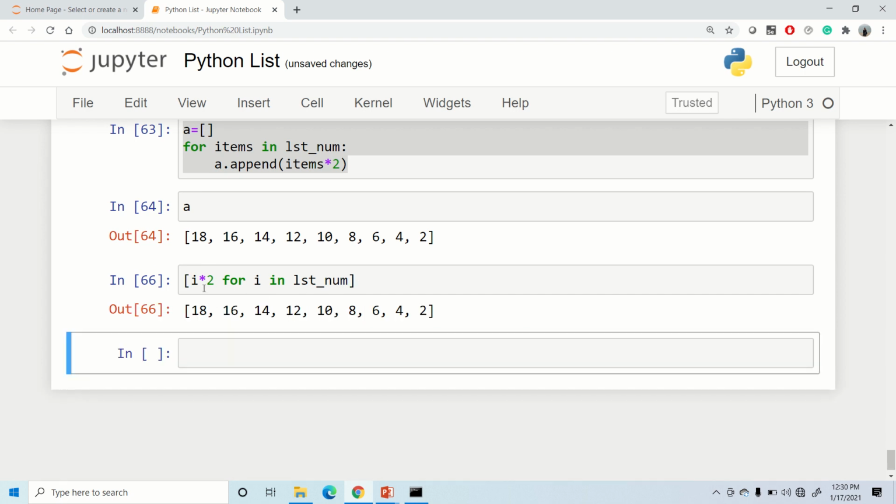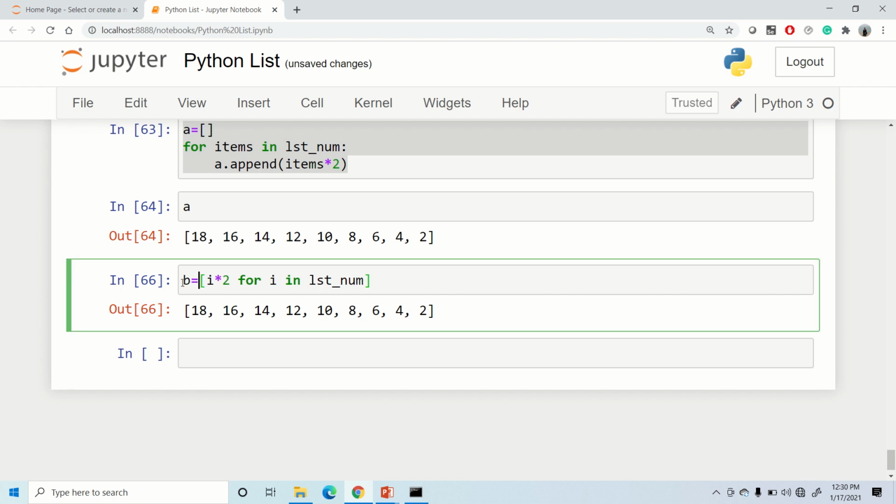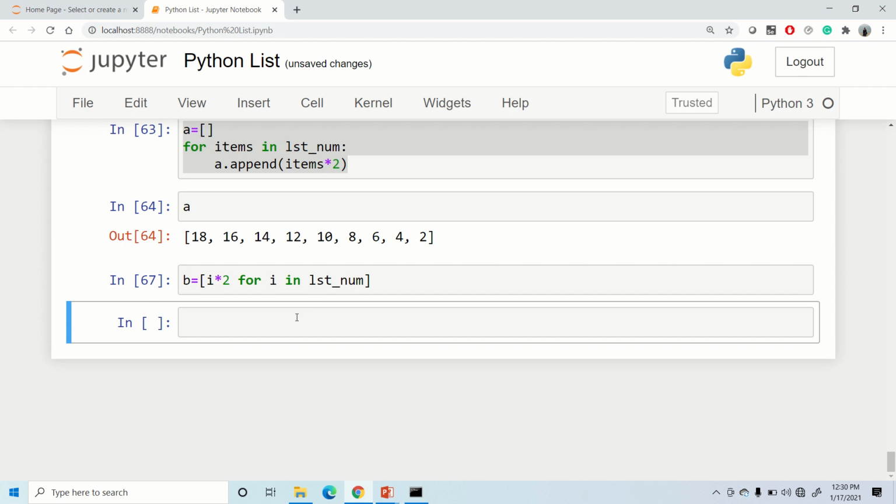You can see all the elements of lst num are multiplied by 2, and the result is returned back to me. In order to store it in a variable, I'll say b equal to i into 2 for i in lst num, and that would give me the list after multiplying all the elements of lst num by 2.